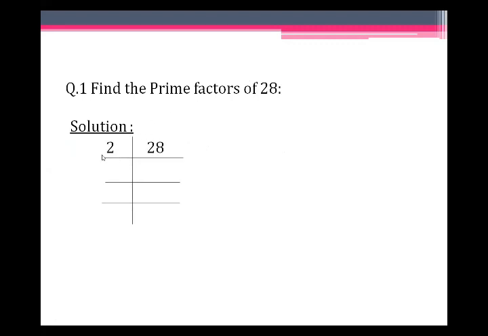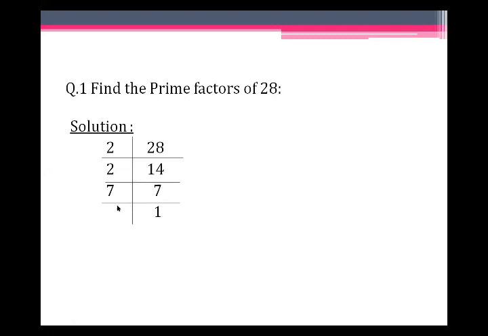Now students, here we find the prime factors, so we draw this kind of line here and we write 28 here and 2 here. So we divide 28 by 2, then we get 14 here because 2 ones are 2 and 2 fours are 8. Now again 14 is an even number, so we divide it by 2. So we know that 2 sevens are 14. 7 is a prime number, and we know that 7 is only divided by itself, so we divide it by 7. Means 7 ones are 7.